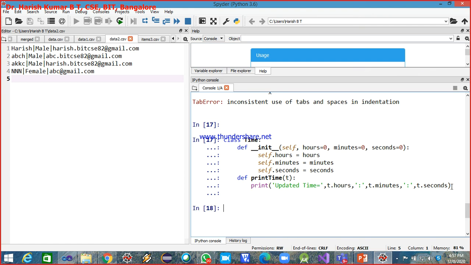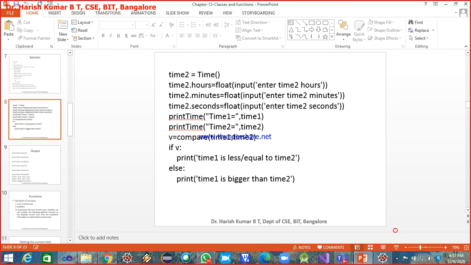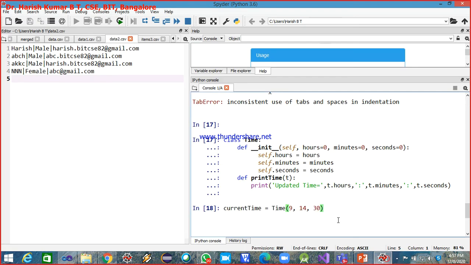Okay, and now it's fine. Now what I'll do, I create an instance of my class like this. Now I'll go for printing its time. The print time method I invoke using the instance, current time.